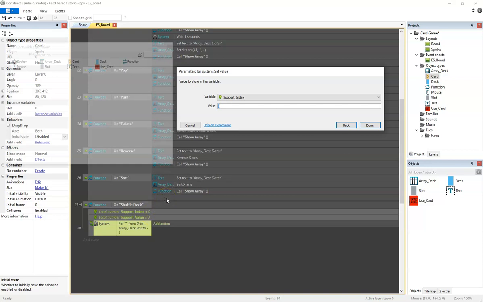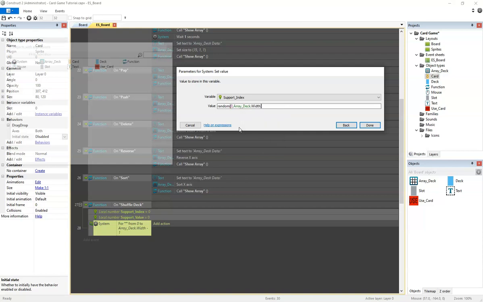And we need to see how the random function works, random code. So we click random, or type random, and then random goes with two range. 0 is the minimum value you can get, then comma, and you write the maximum value you can get. In this case, array deck dot width,